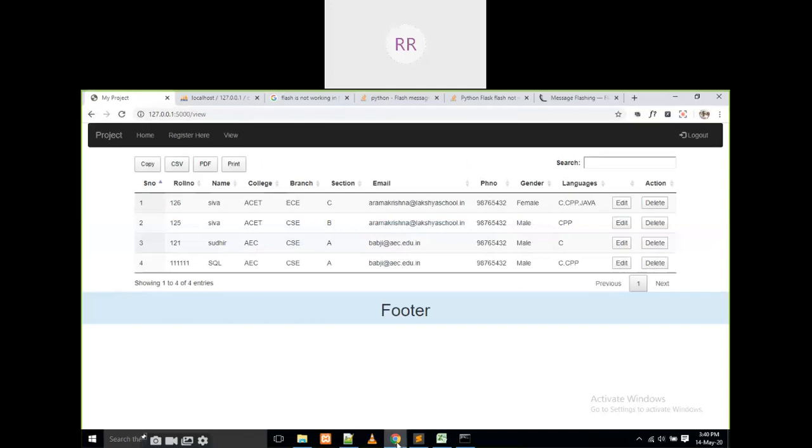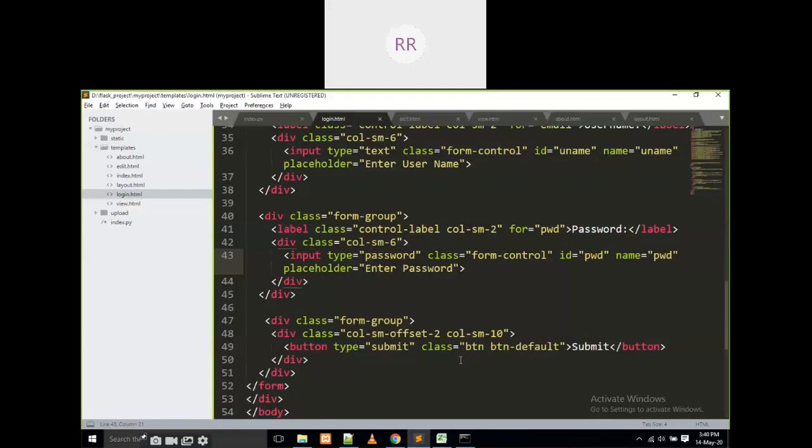And what we have to do, first of all, if I'm here, one button is there. What is that? Logout button. That means if I click on this one, it is moving back into my home page. First of all, I write this one, logout page. How to write the logout page?